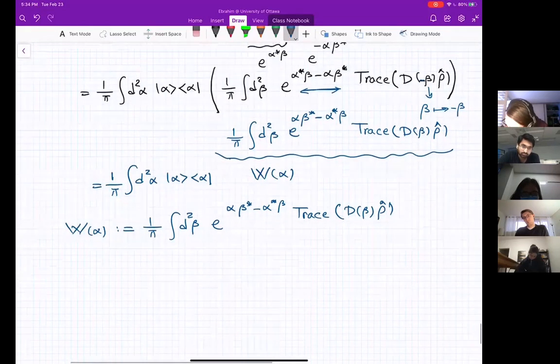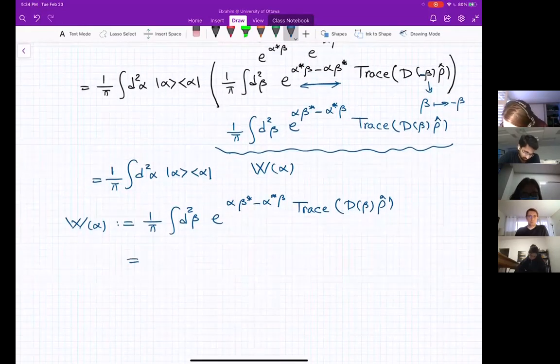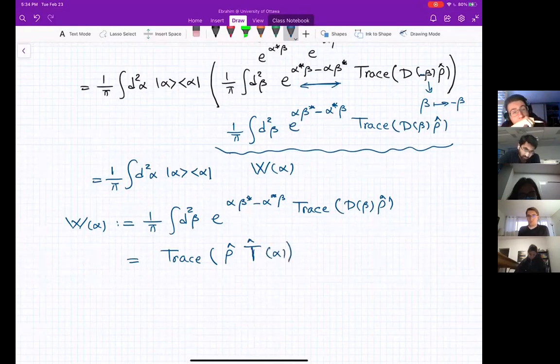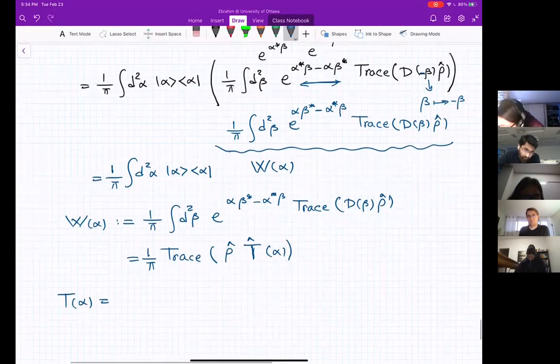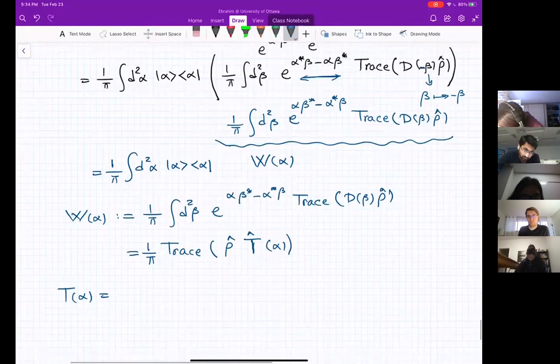I will write it as a trace of rho operator times a T operator of alpha, and of course we need another factor of pi, which is fine. Let's call it 1 divided by pi, which is this T operator of alpha, which we'll talk about next time, which looks like the characteristic function